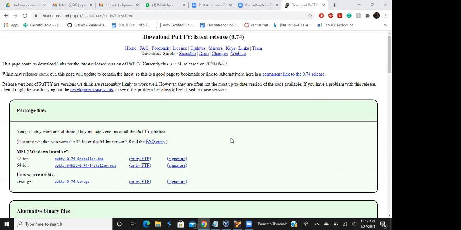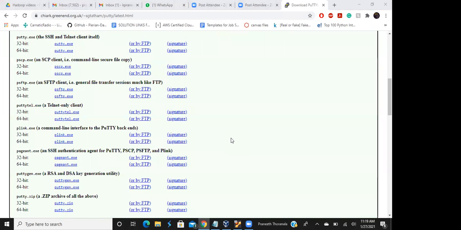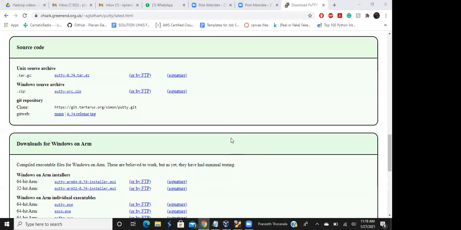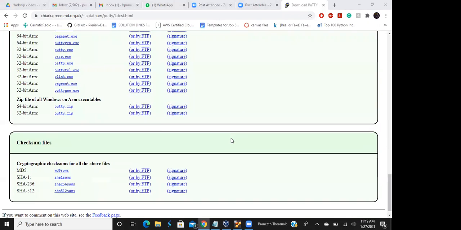And you can scroll down. There is one compressed file which will have all of this. Scroll down. There is a putty.zip file for all of Windows here. Yeah, that you can download.